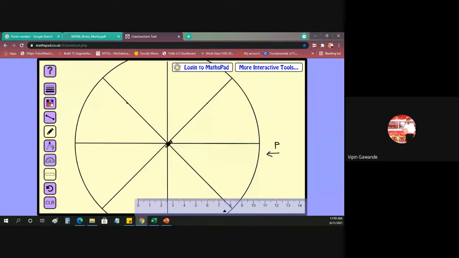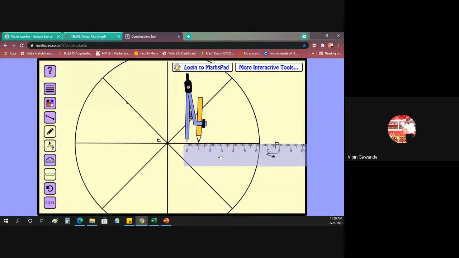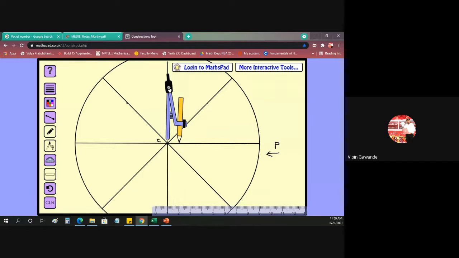This is our center. Our aim is to move this point P from this end up to the center. When the circle takes one division, the point P will move one division. We have divided the circle into 8 parts, so now we have to divide this CP distance into 8 divisions. Always take an equal number of divisions on the line and on the circle. I have taken 1 centimeter distance in the compass, and now we will divide this CP line into 8 divisions.